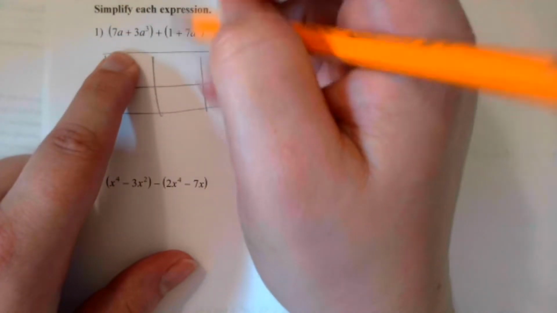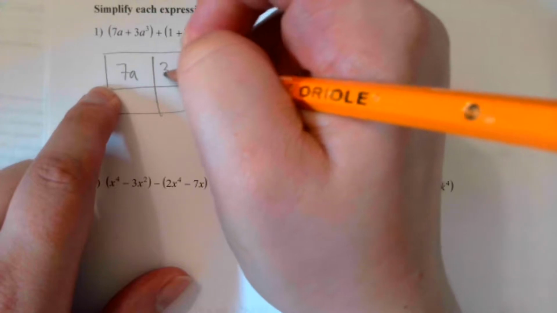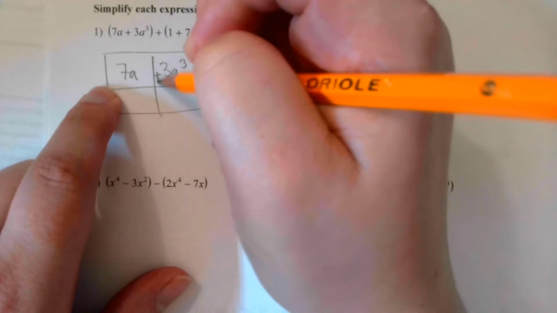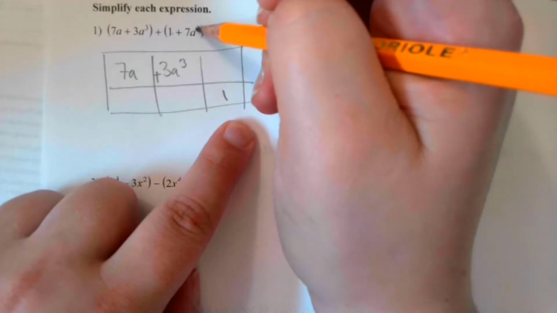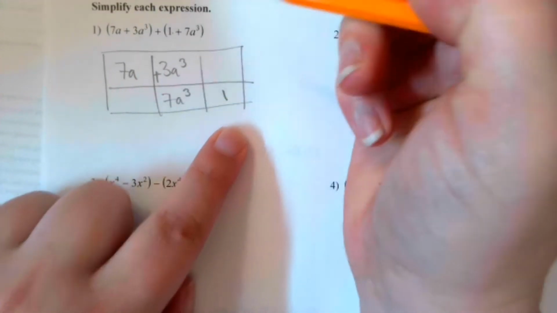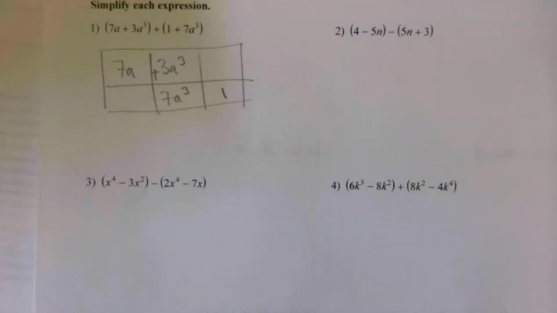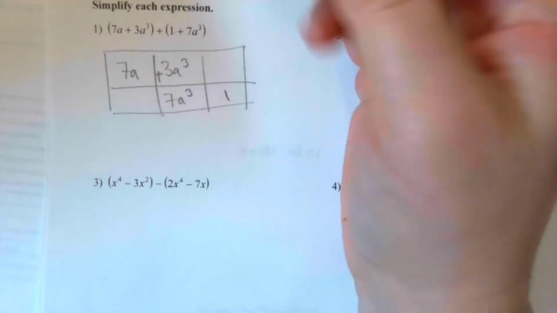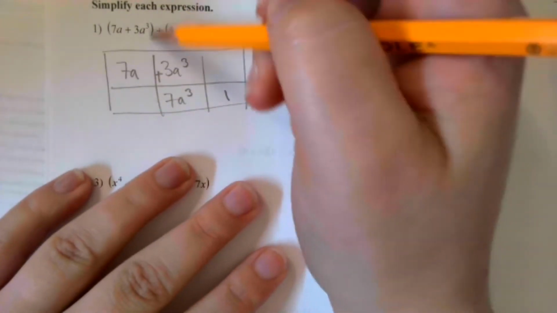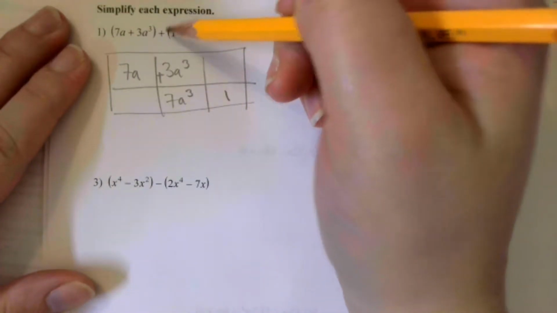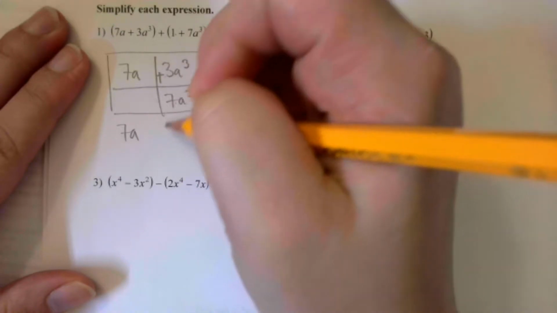I'm going to just put it in the same order that it's at, so 7a, 3a cubed, and I'm going to have the plus sign there. The 1 has to have its own box, and the 7a cubed. So I'm just lining them up by like terms. I've got addition, so there's no sign change. Just bring it down. 7a,